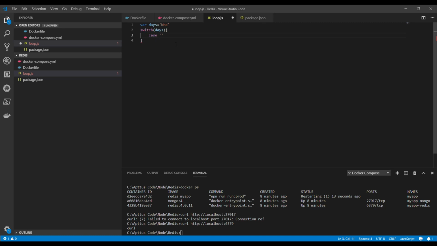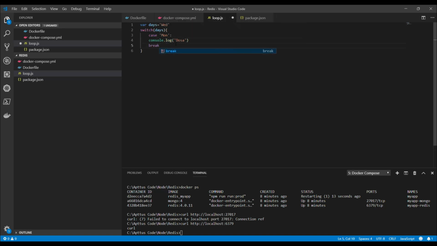The first condition is Monday, and the respective code for this would be, let's say, console.log, and I'll just say maybe dosa. I'm setting a menu, and then we have